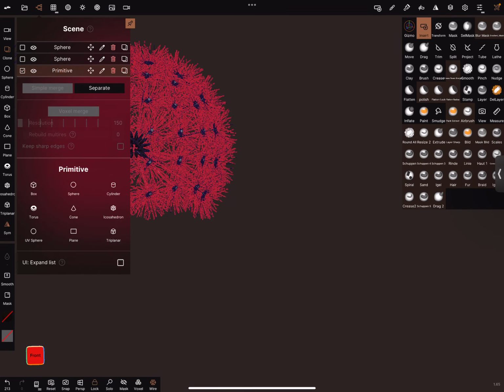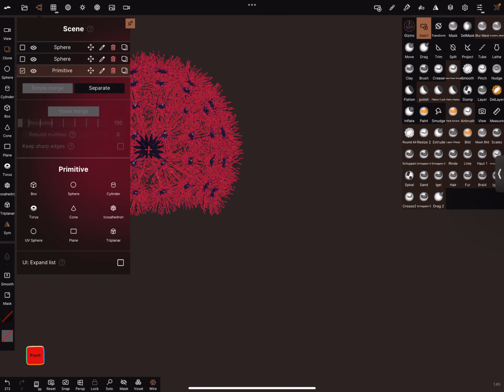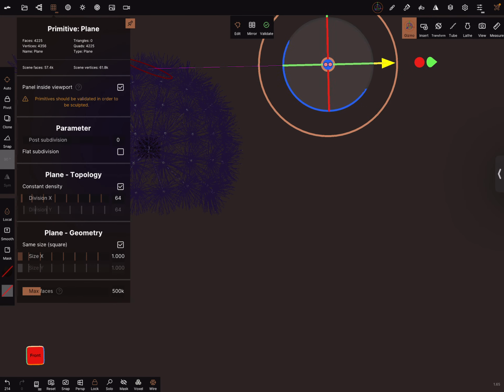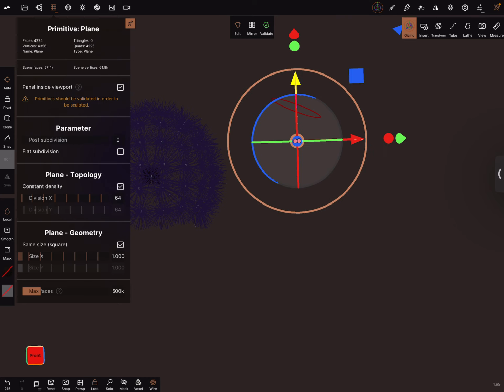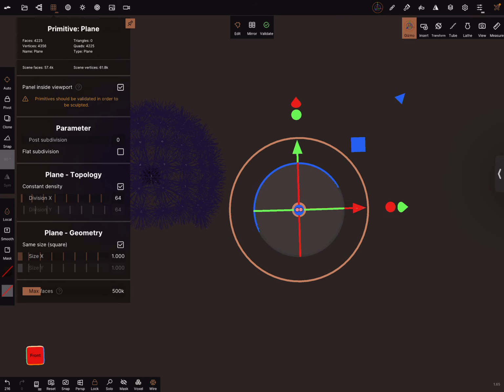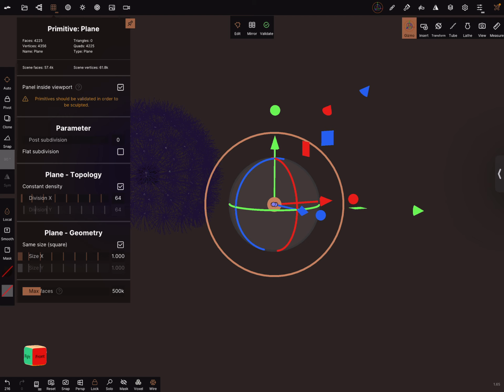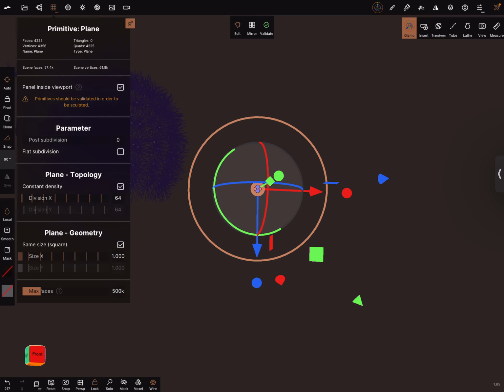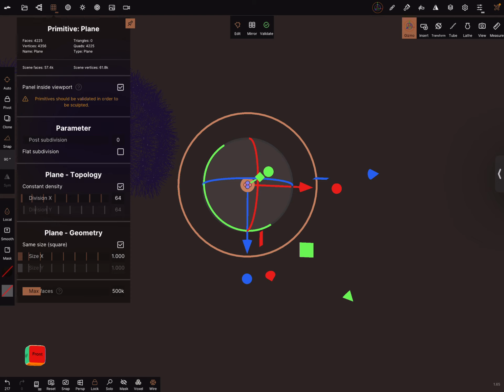We need the foliage, Blätter, leaves, the leaves, okay. We add a plane, and we activate snap, bring it in this view, and scale it a little bit.